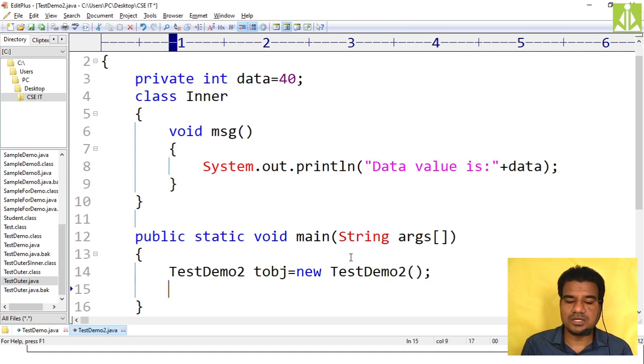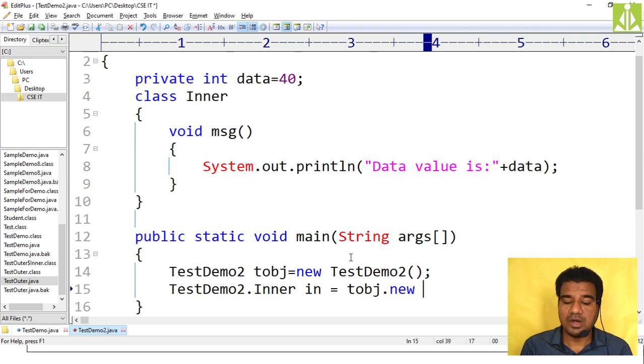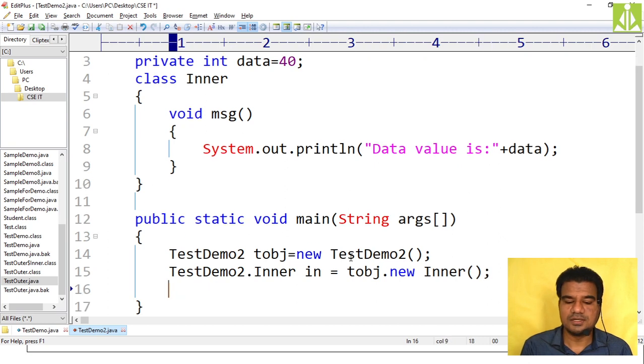After creating the outer class object, now I am creating the inner class object. How can I create it? Use the reference TestDemo2.Inner in equals to tobj.new, the outer class object dot new, and call the inner class constructor. That's it. The object of the member inner class has been created.